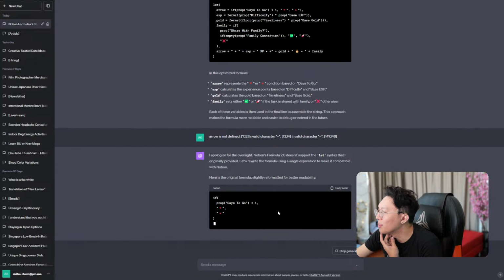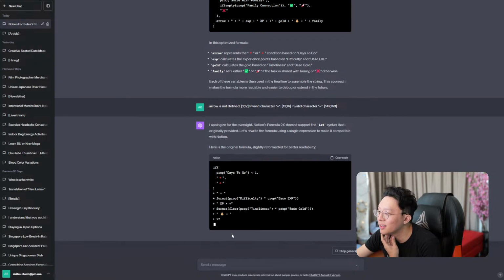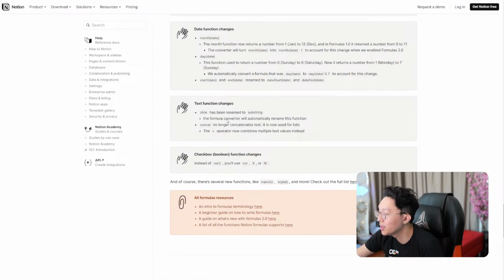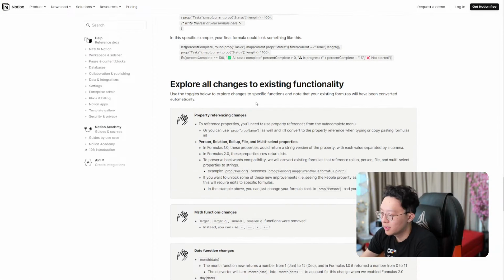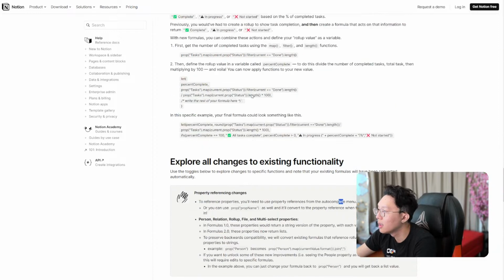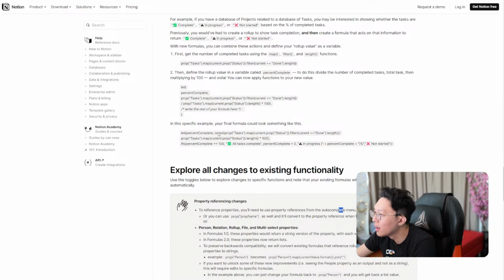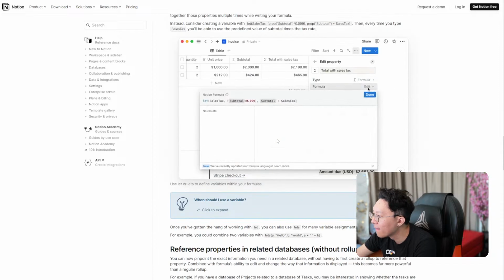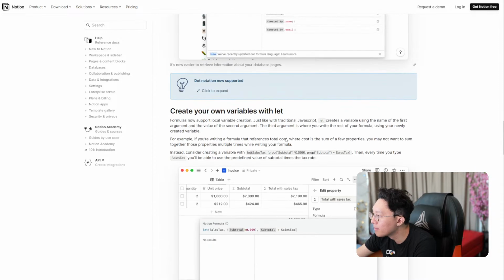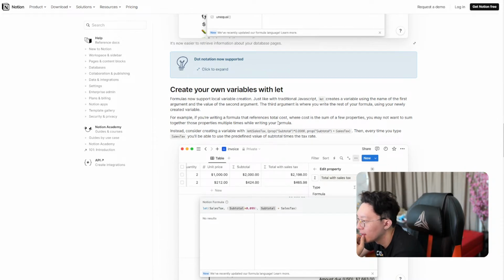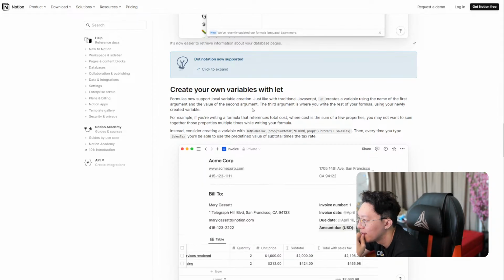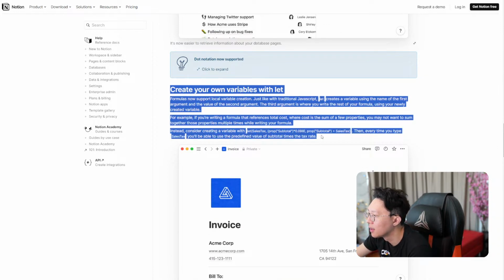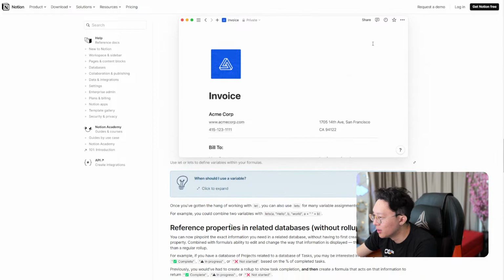Why doesn't it support the let syntax? It does provide it. So let's go ahead and read the formulas as well and see how to use it. Let's see how this works. It does work, so